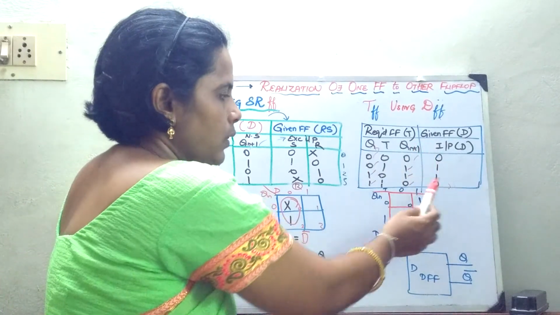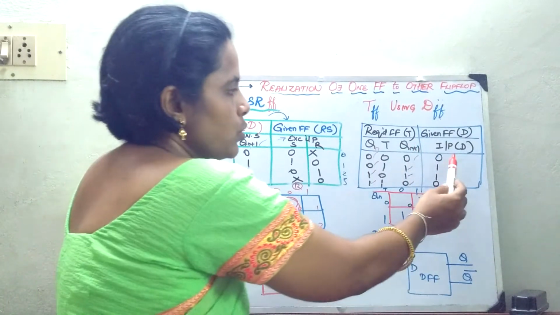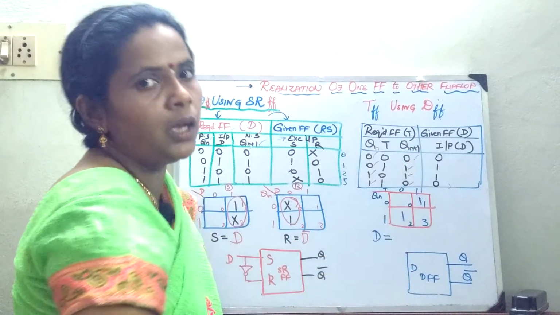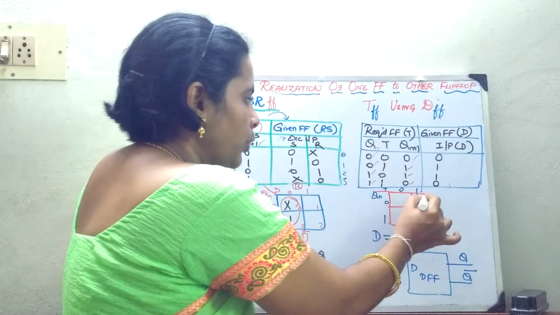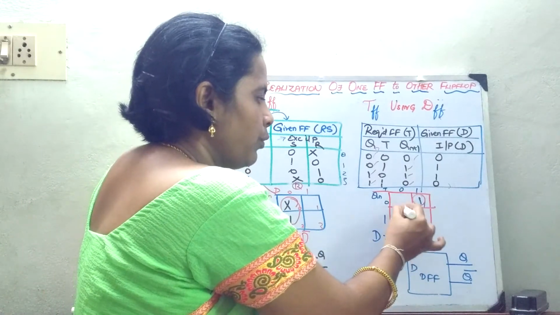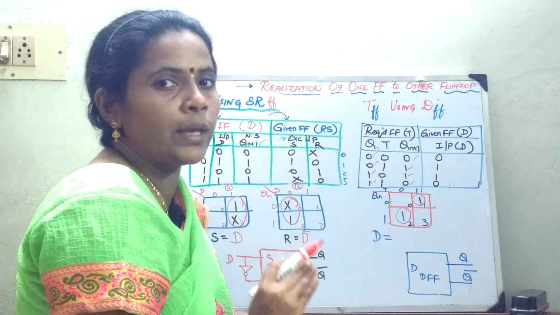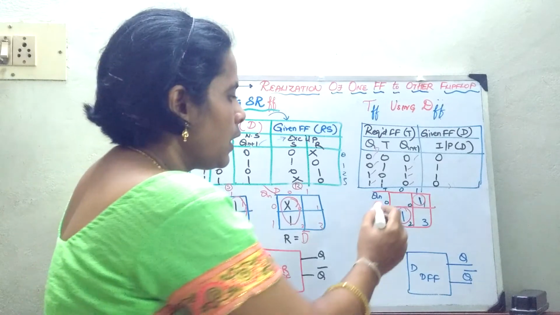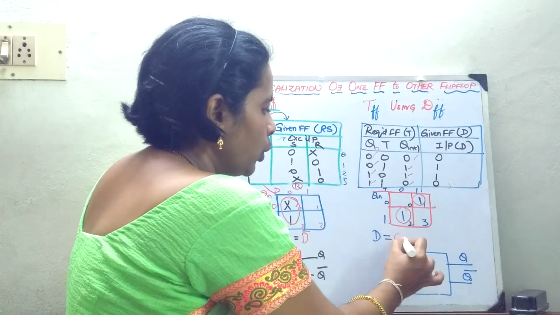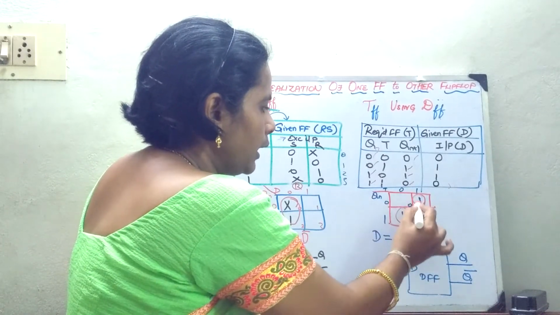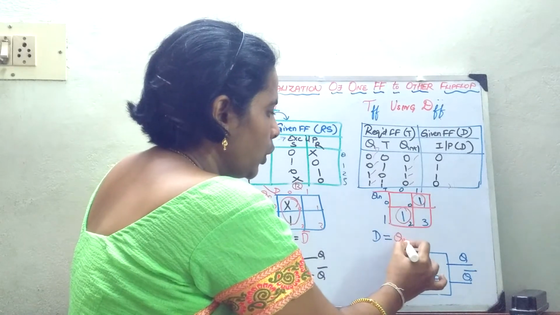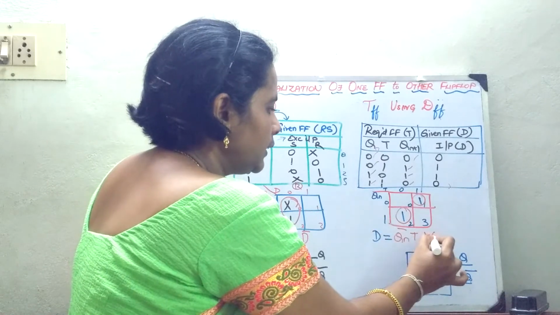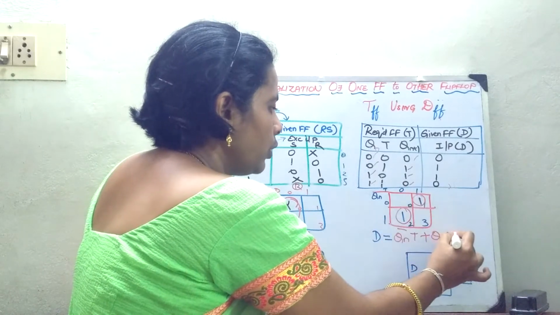So now, based on this, compute the K-map. So 0, 1, 2, 3. In the places of 1 and 2, you have your output, right? So now what do you have to do? Here there is no possibility of 4-cell or 2-cell grouping, so always go in for single cell grouping here. So what will be the expression for this? The first one lies in Q, and here it lies in this format. So it is Qn bar into T plus Qn into T bar.